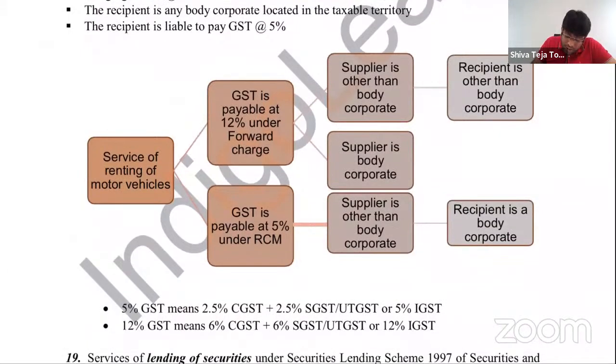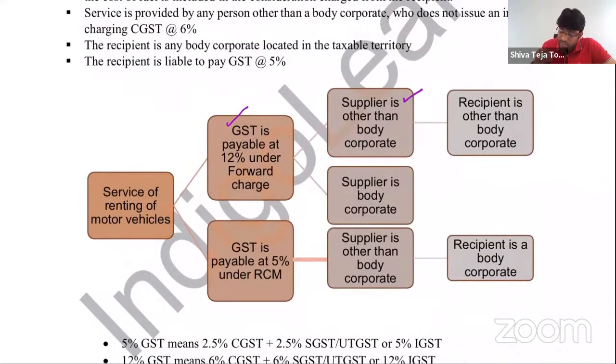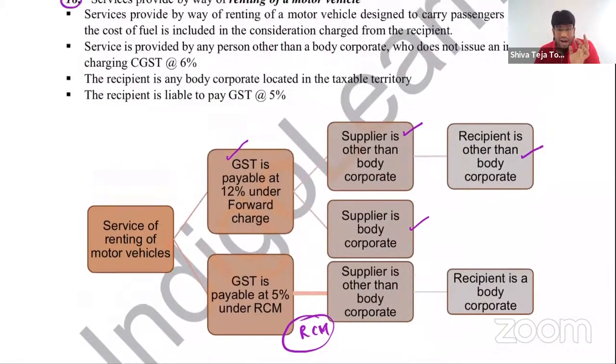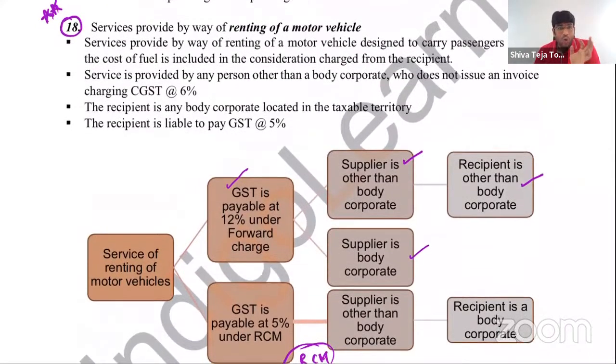GST is payable at forward charge if the supplier is other than a body corporate, the recipient is also other than a body corporate, or the supplier is a body corporate. So when will RCM come into picture? I repeat once again, RCM will come into picture only if